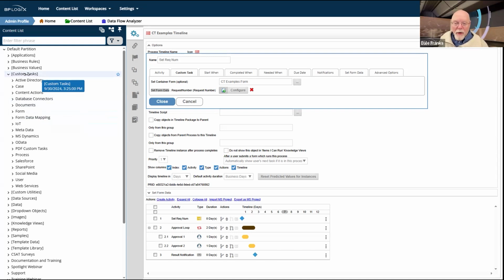You can have a folder buried somewhere in your content list on the dev server that's named CTs and contains all of these CT folders, each of which you could also name uniquely. And as long as those locations and names were exactly the same on both the dev and the production server, everything would import without a problem.